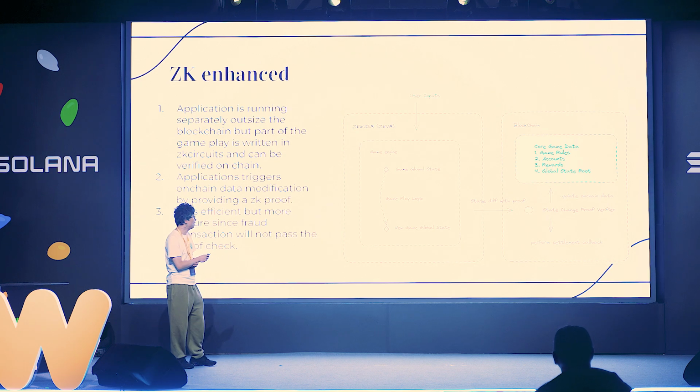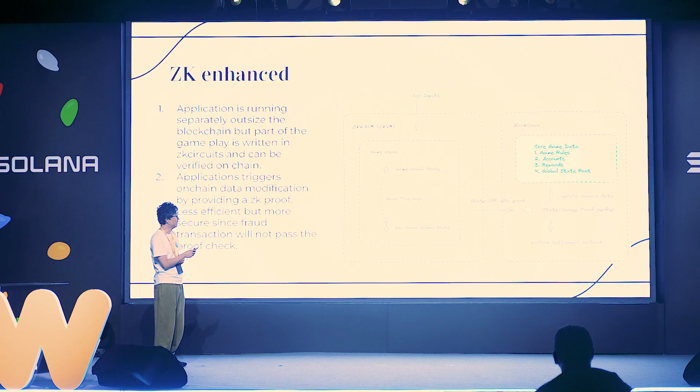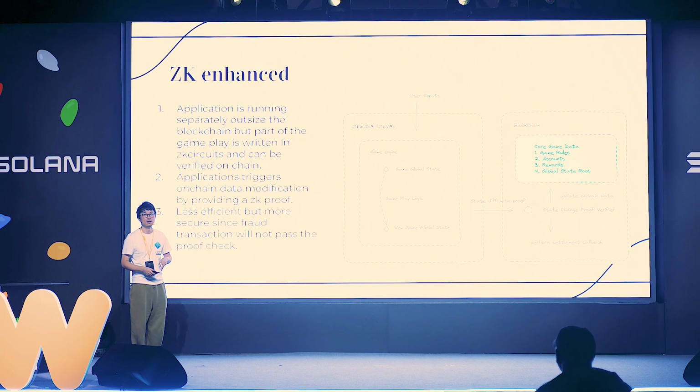So that means every time we want to update state, the on-chain verification contract will update the state according to the verification result. If the proof passes the verification, and if the hash of the updated data is actually the correct witness in the proof witness, then we are going to update the proof and update the